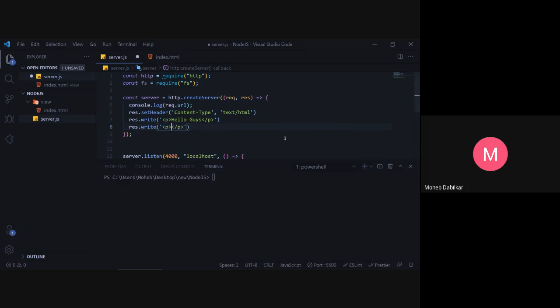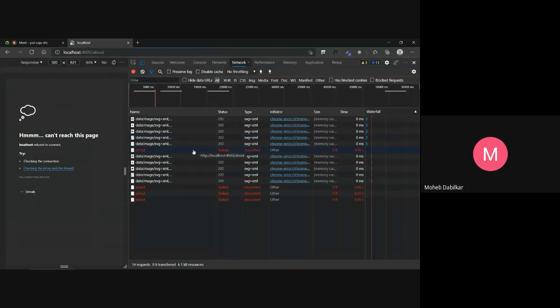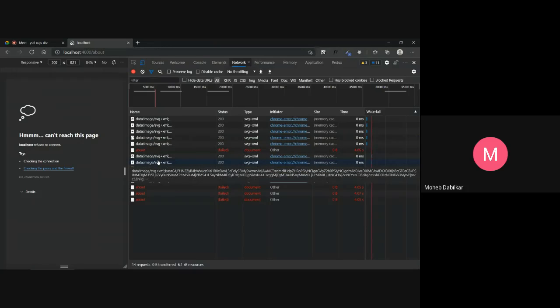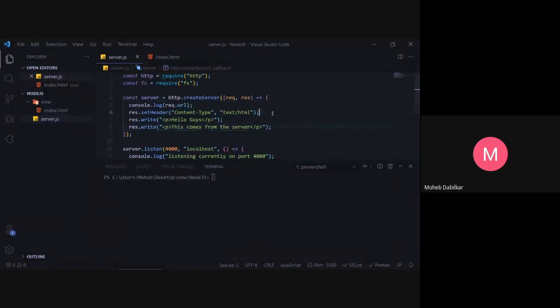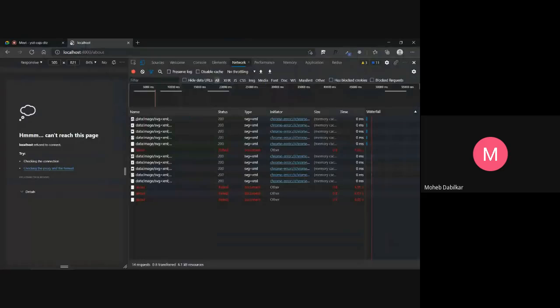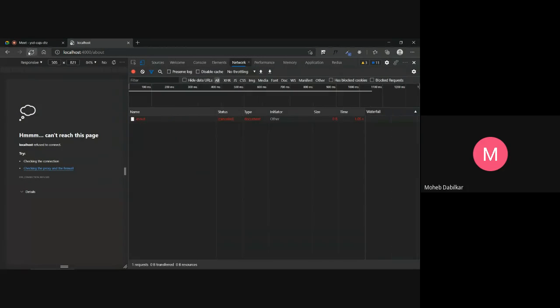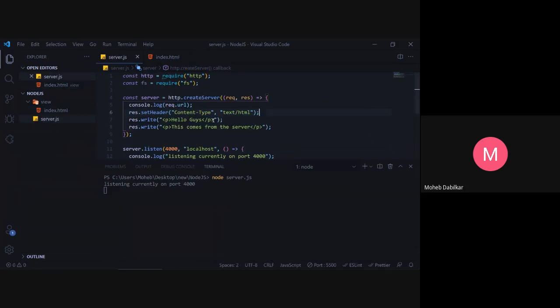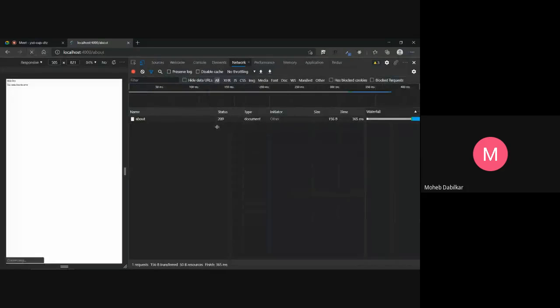So now let's just say what will be the second line. This comes from the server. Okay, so there are many things that are coming over here. Data XML page. What is this? Where did this come from? Hmm. Okay, failed. We need to start our server again. So now if we see this, it should work.